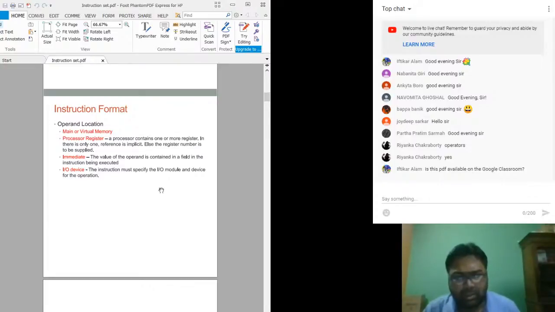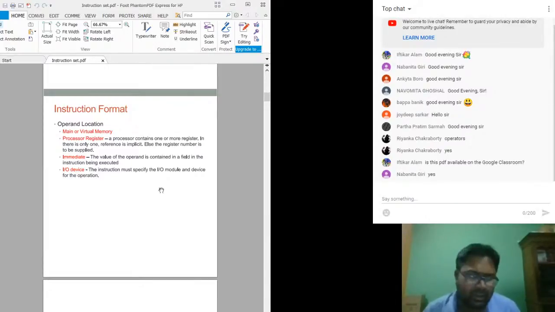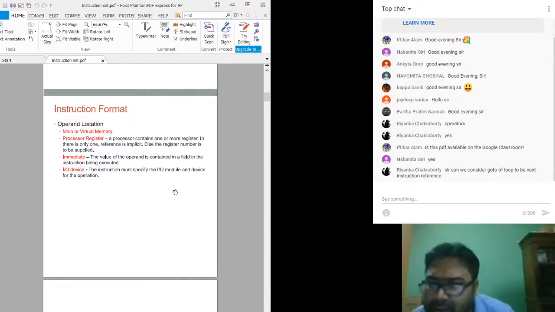Then your register instructions, like those related to stack operations and adding up the HL pair and this kind of thing. So these are some of the register based instructions.